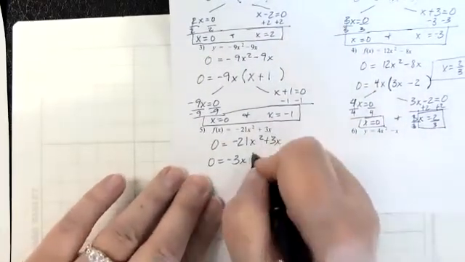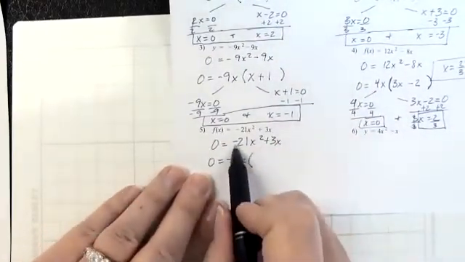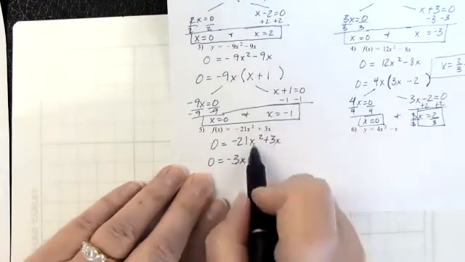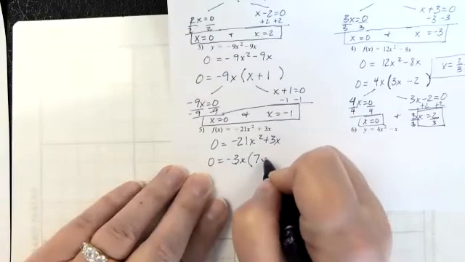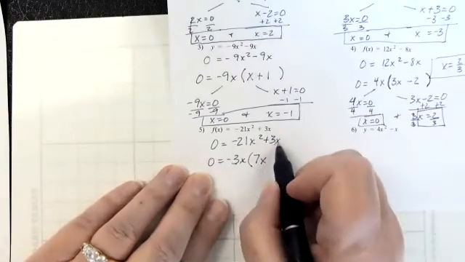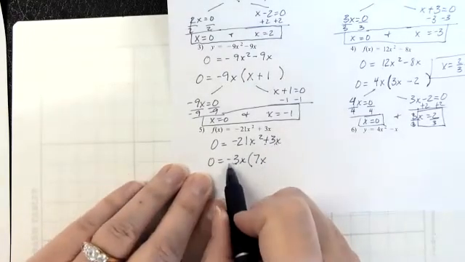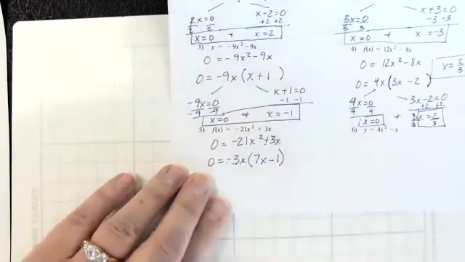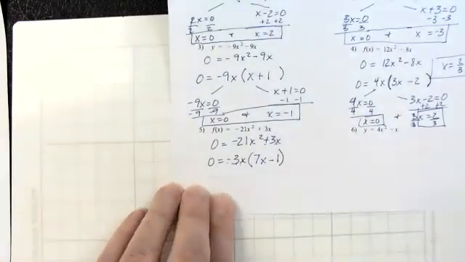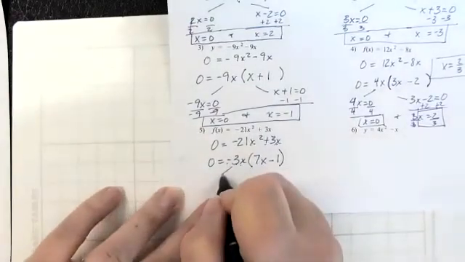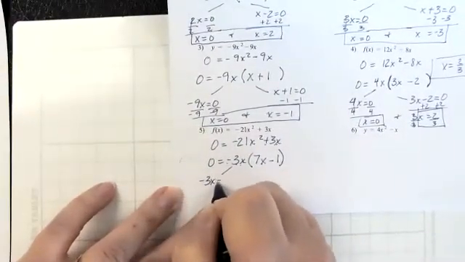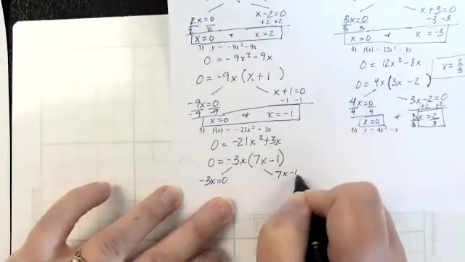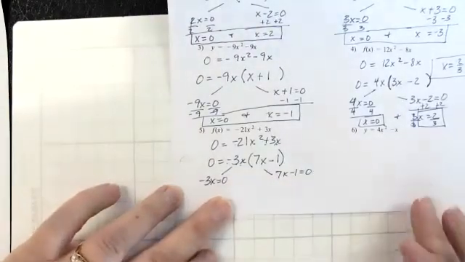Okay, and then what's left after I factor out? Well, negative 21 divided by negative 3 is positive 7. X squared divided by x is x. So 7x. And then 3x divided by negative 3x is negative 1 or minus 1. Okay, then I branch that off into negative 3x equals 0 and 7x minus 1 equals 0 because of the zero product